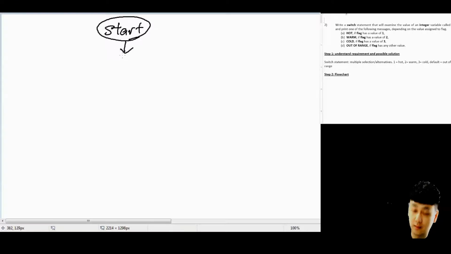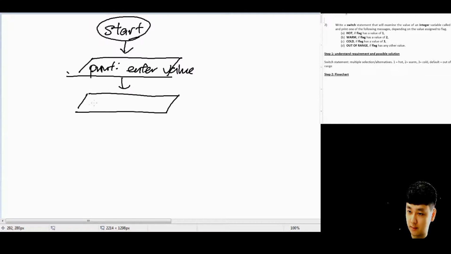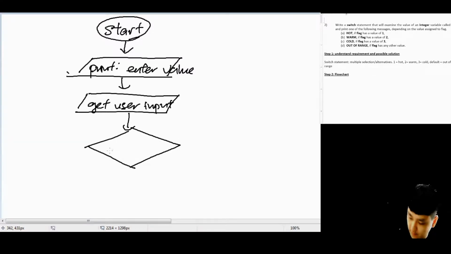Okay, so print, enter a value. So this input, ask the user, get user input. Okay, now if the flag is equal to